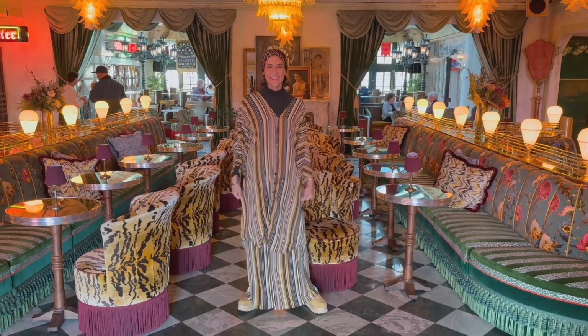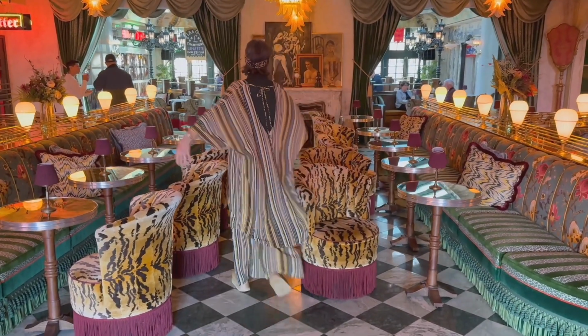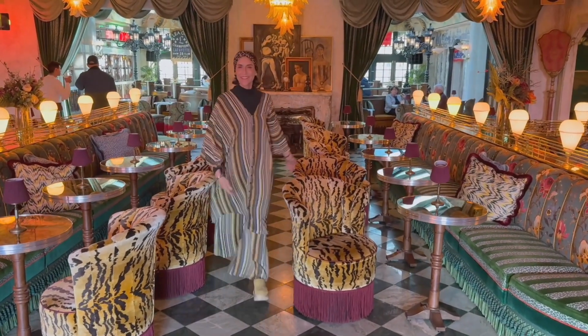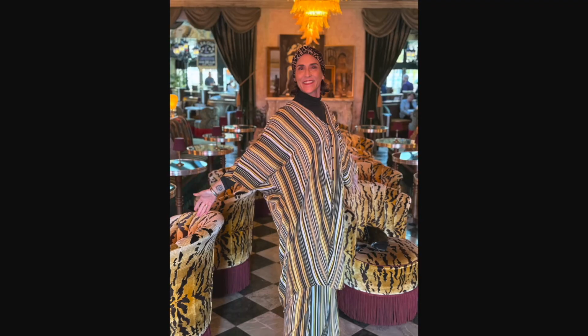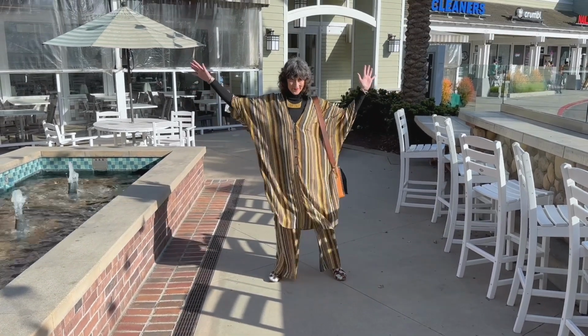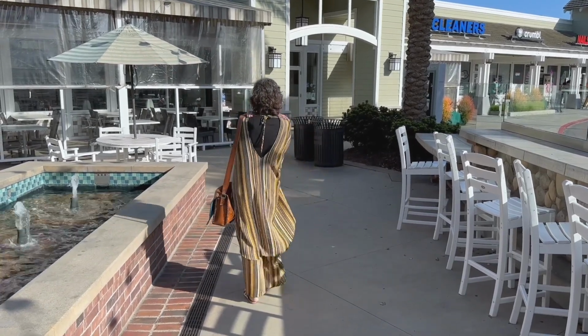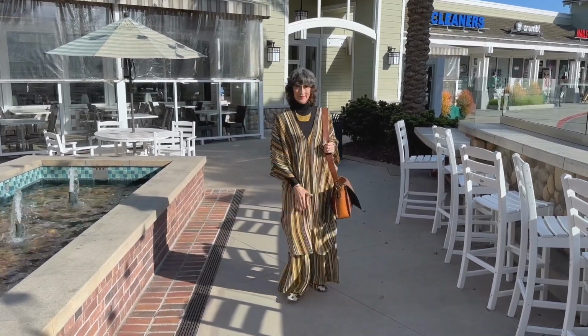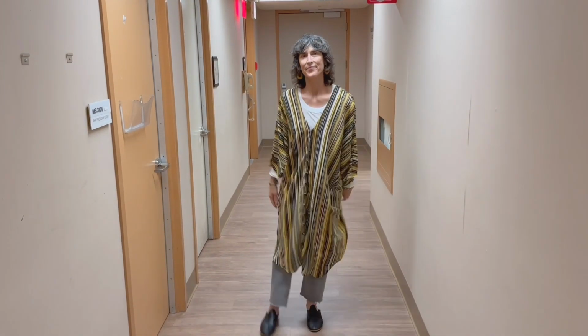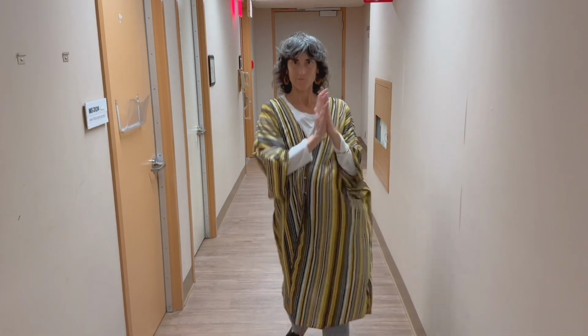My son gifted me this matching caftan and pants set from my favorite local San Diego designer, Jennifer Grace. I also like the cut of this one, and it has a fun back detail. I wear the set together, but can break it up and wear the tunic alone as a shorter dress, cover up, or over a pair of jeans. So many styling options with this one, and I've worn it all over, including as a comfy option for cancer